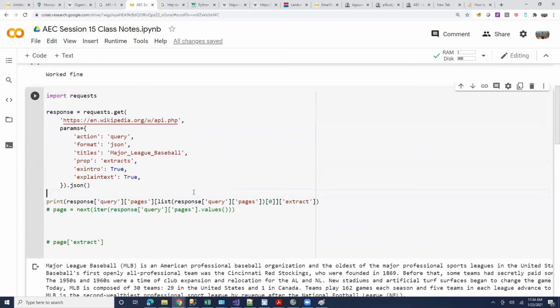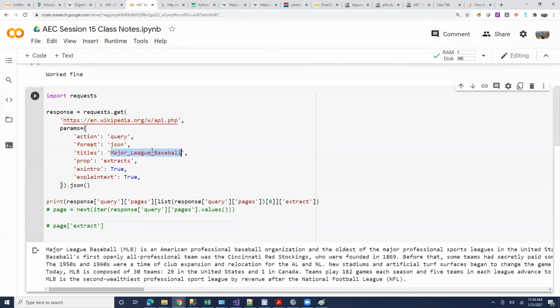Maybe if there's nothing of the title. Sorry, someone said that, but I couldn't catch it. I just said something that's not the title. If you put something that's not actually in Wikipedia... Correct. So if you don't know the title exactly, let's see, Major League Baseballs. What would happen?